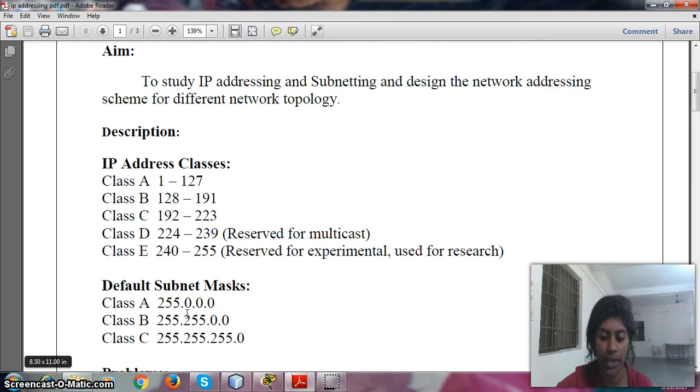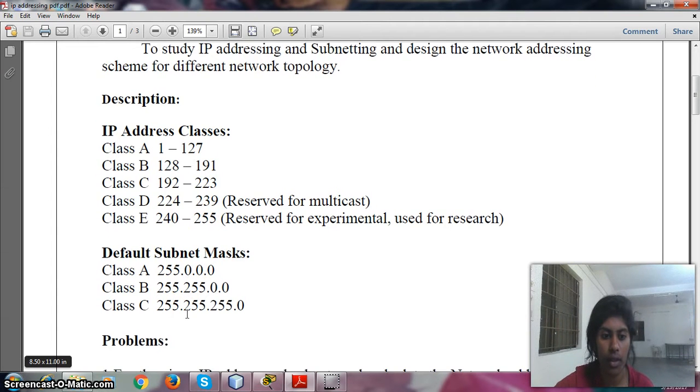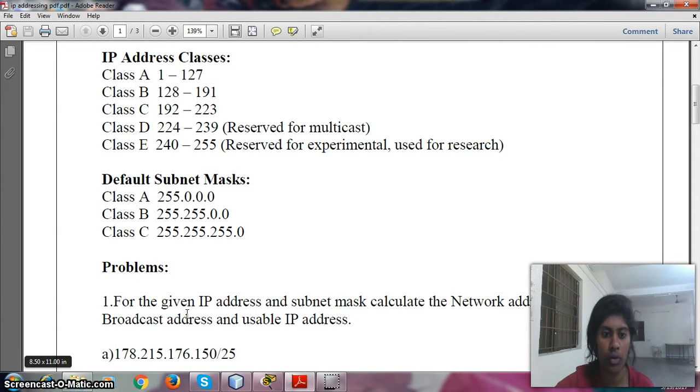And for the default subnet mask, class A is 255.0.0.0, this is the host part, and class B is 255.255.0.0, class C 255.255.255.0. According to class A, class B, class C, the default subnet mask is assigned here, and the problem is